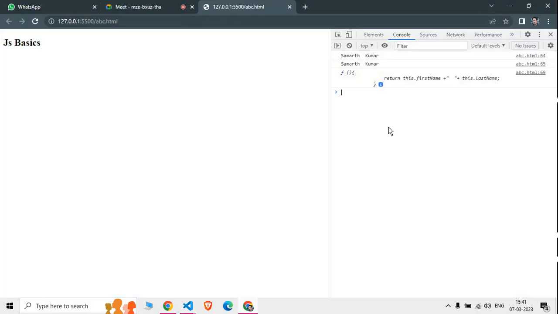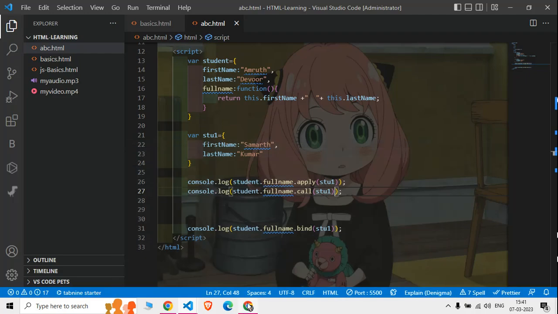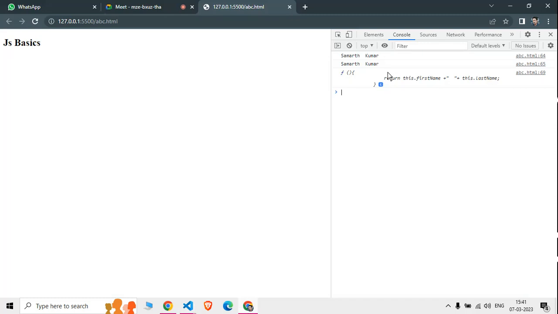Look here, first two examples, Samarth Kumar. That means apply and call will borrow the function from this to this. The difference, if you have to know, is that you have to pass parameters here. Apply takes an array, this is normal. So what will the bind method do? If you look at the bind method, the output is not showing the same. Can you see? So bind method